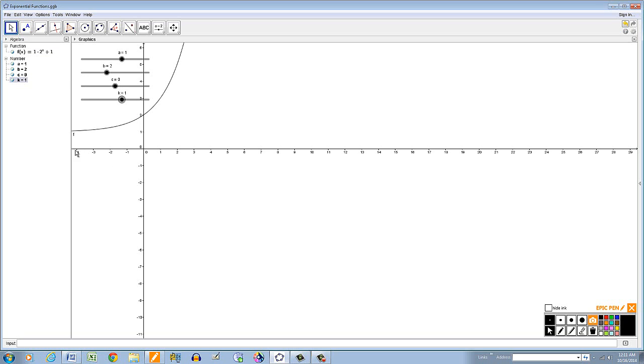So now instead of having a horizontal asymptote at y equals 0, you have it at y equals 1. The domain stays the same. The domain is still going to be negative infinity to infinity, but the range is going to go from 1 to infinity, not including the 1. Okay. Now let's change this parameter